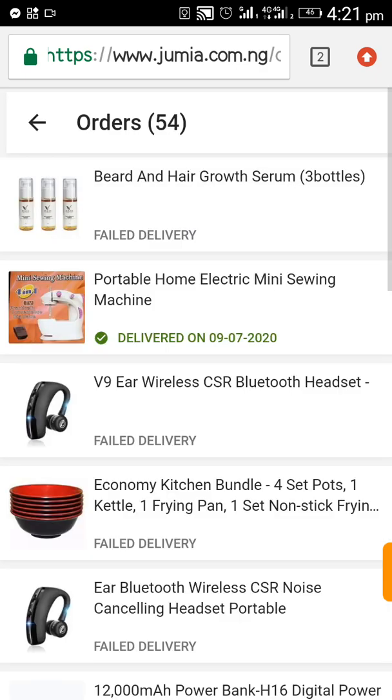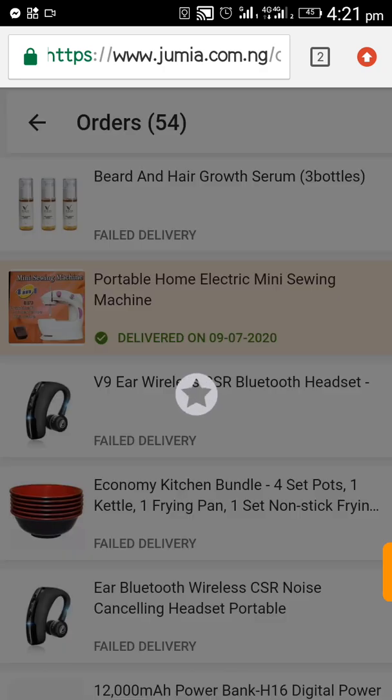Now you can see the difference is clear. Here you can see the product, the name, and some other details about it on the page like this. On the other side, you can even see the order number and things like that. And that is why the process is not exactly the same as I said before. So now what you do is click on portable home electric